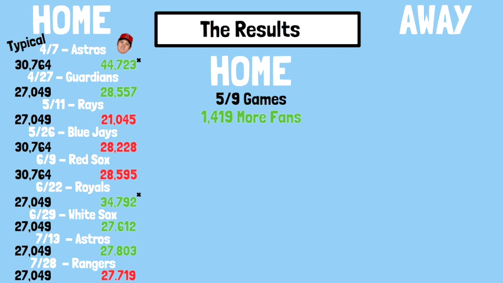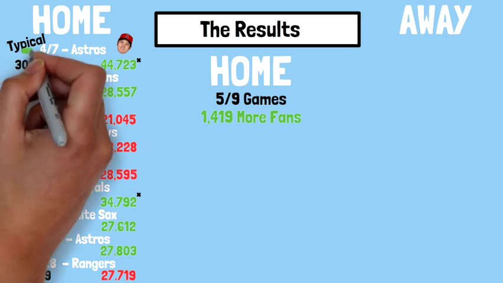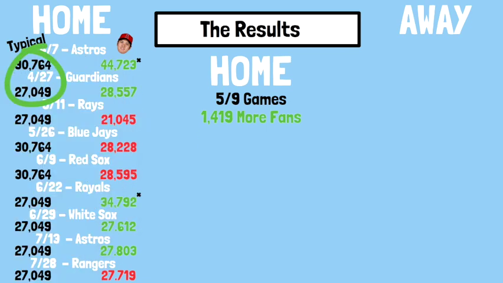The last thing we need to take into consideration here is that Ohtani has typically been pitching on a 7-day cycle, meaning that every single one of his home starts has been either on a Wednesday or a Thursday. As you can tell by our average attendance numbers being one of these two options along the left column here. That's super important to remember, because if Ohtani is the one pitching on Wednesdays and Thursdays, the average attendance that we are comparing his attendance to happens to be the other games he's pitching in at home.